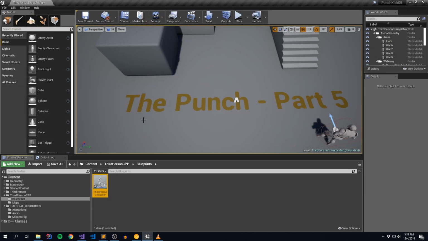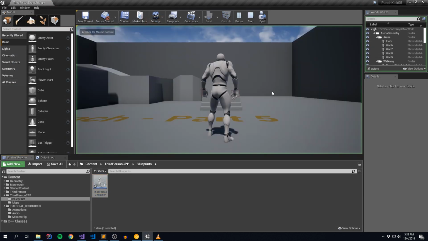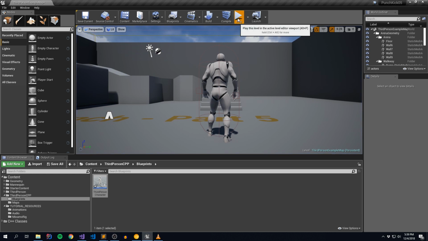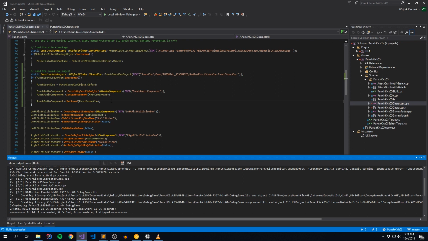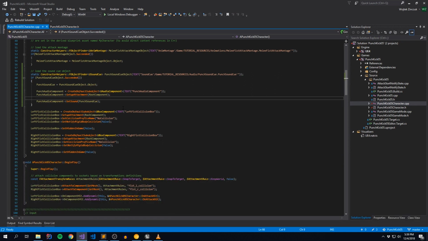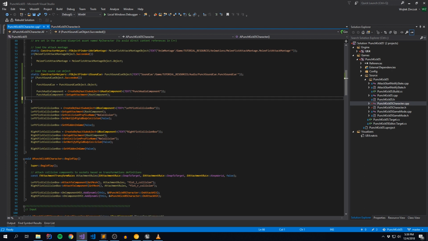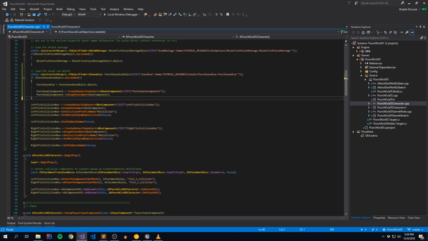So we can close down the blueprint, and then let's just start our game. There you go. Every time you launch the game now, it will play that sound effect. Alright, so that is one of these little weird oddities that you need to be aware of when dealing with sounds. So instead, we're going to take this set sound logic, and we're going to rip it out of the